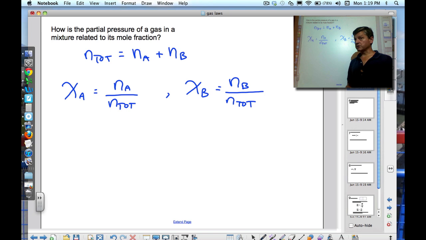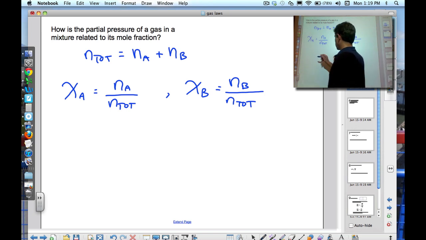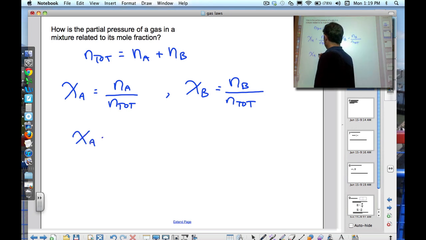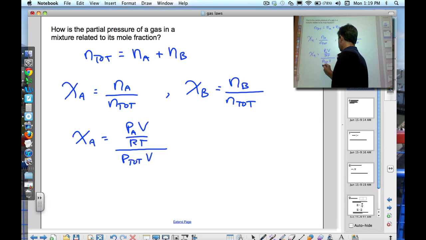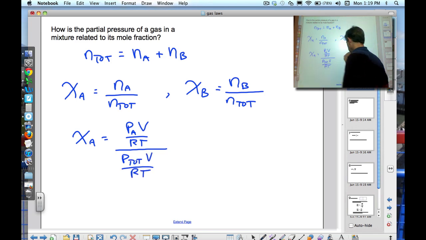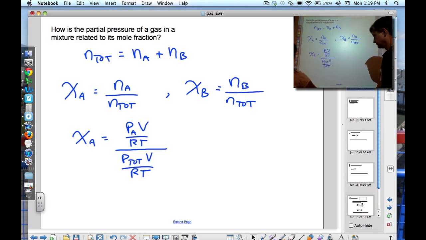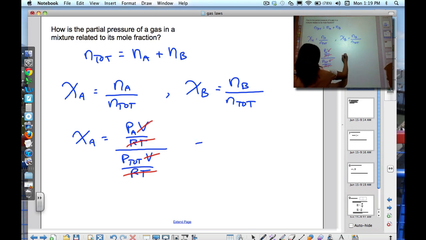Well, let's go ahead and use the ideal gas law, which relates the moles of a gas in a mixture to the partial pressure of that gas, and simply say that the mole fraction of A is going to be equal to the partial pressure of A times V over RT, because n is PV over RT, divided by the total moles, which is going to be the total pressure times the volume over RT. Can that be simplified, Annie? Yes, it can. So the V's and the R's and all the T's will all cancel out to give you